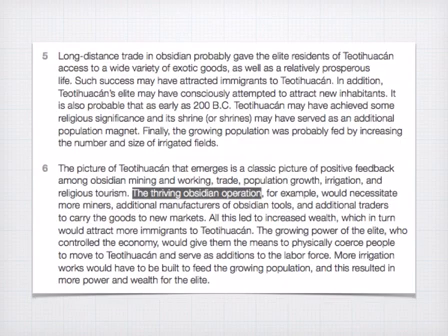If we move on to paragraph 5, the first sentence reads: long-distance trade in obsidian probably gave the elite residents of Teotihuacan access to a wide variety of exotic goods, as well as a relatively prosperous life. So the following paragraph will go into more detail about this. Here we can see a keyword like obsidian. We need to know what that is. And the fact that they're talking about the residents of Teotihuacan having access to a wide variety of exotic goods. And the fact that the elite also had a prosperous life. They were fairly well off. If we look at the bottom, there's a big list